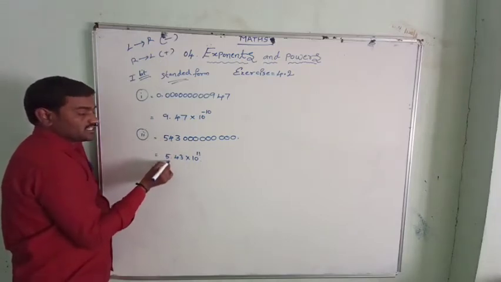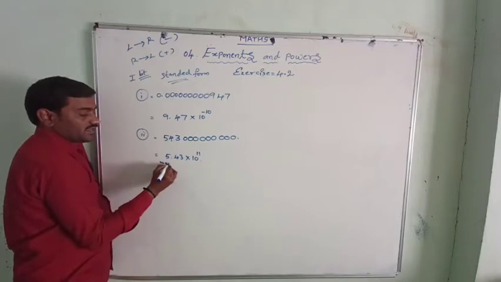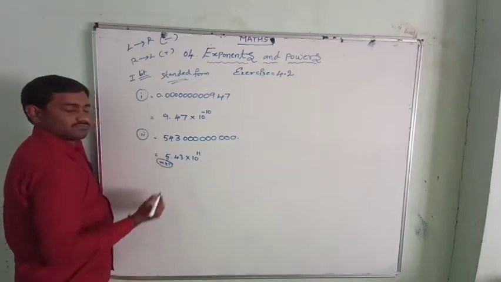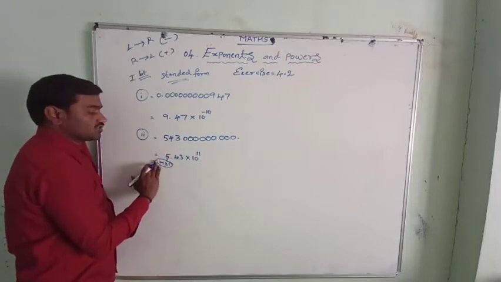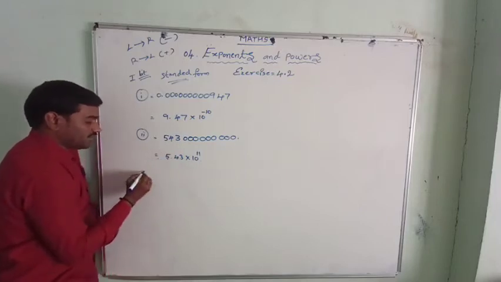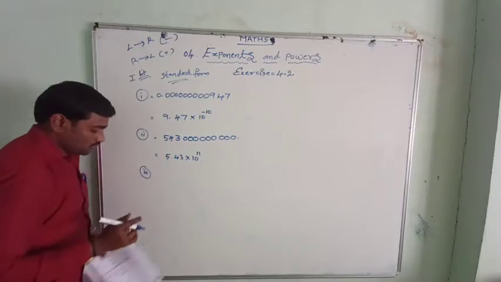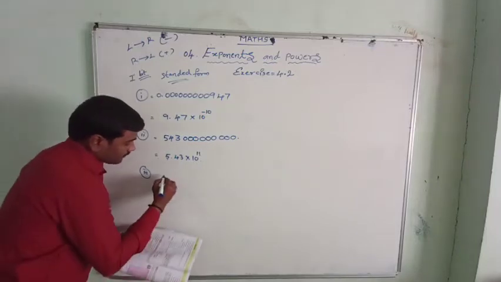See that this is called as m. This is m. It is greater than or equal to 1. It is less than 10 also. This condition is satisfied. So the standard form definition you must know that. What is standard form? So the third question is that